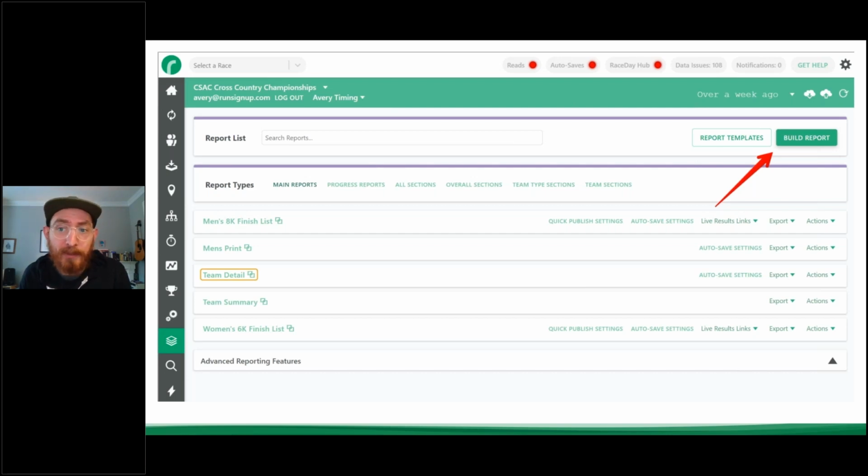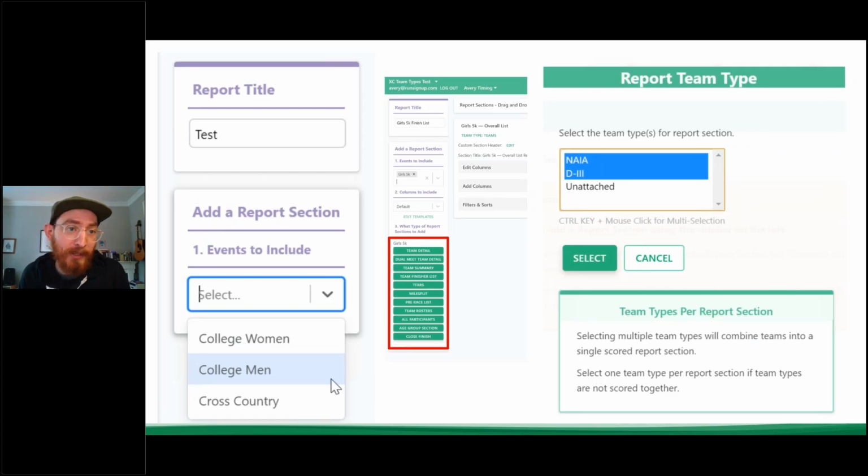So you just come in, click build report. On the left, you can title the report whatever you want. Select which event you're going to add a section to this report for. So you can select here college men, and then based on the scored event that you have selected there, it will give you a list of different report sections that are available for that scoring type. So this was cross country, so I have all of my cross country reports that are available here. So you would just select which you are going to add in here,